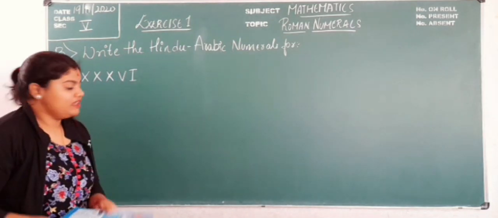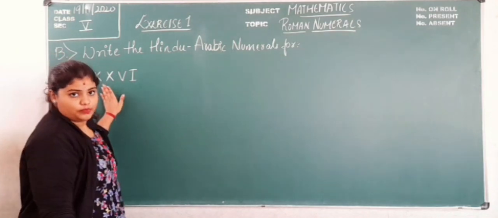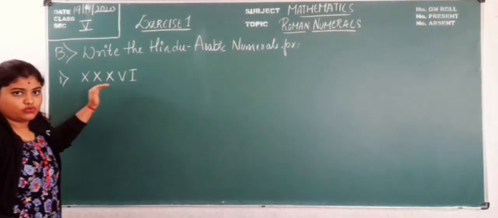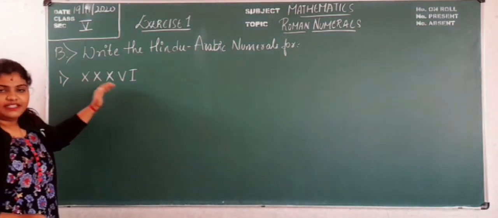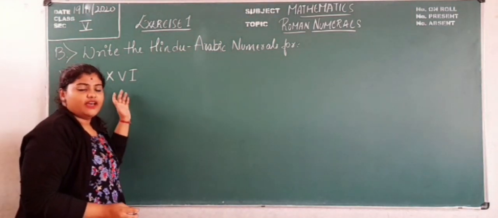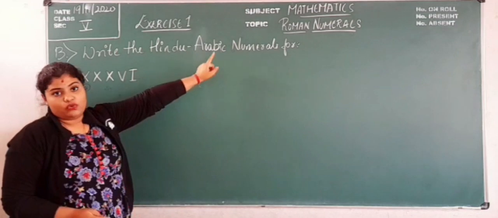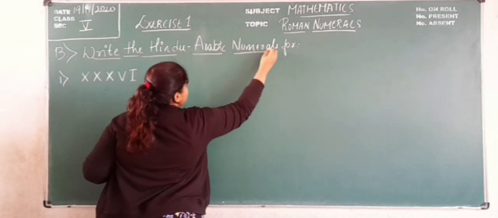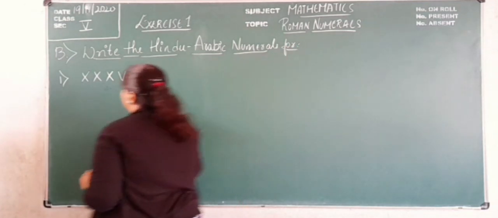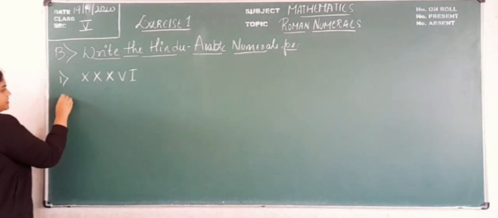So in this main they have given a Roman numeral. We have to convert this Roman numeral to Hindu Arabic number. So they have given the numbers in Roman numerals. We have to convert that into Hindu Arabic numeral. So the first question is